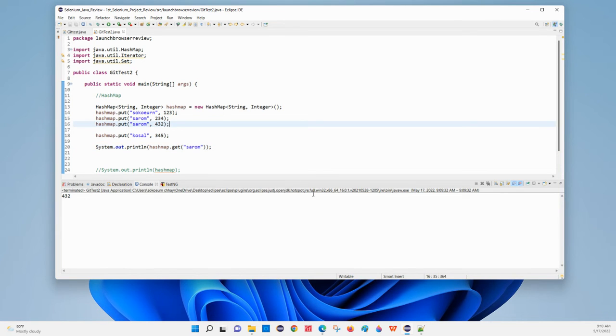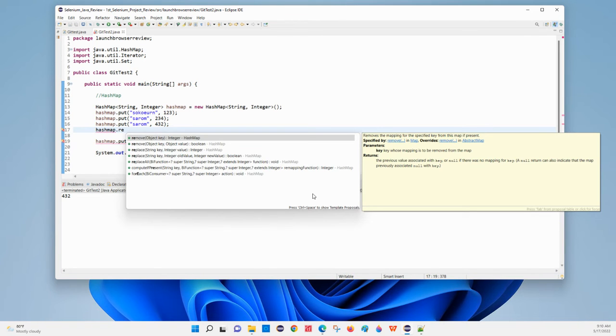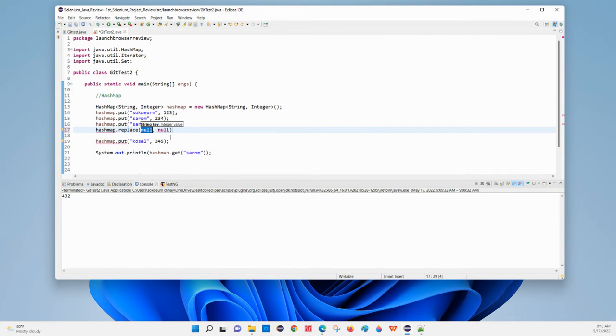So now let's see. Guess what? If I want to replace, we have a method called hashmap.replace, Control space replace. So now if you guys want to replace, you can see the first method available. So we're gonna pick a string key, integer value. So just click enter. String key, integer value. So now let's replace serum to the value, let's say 999,